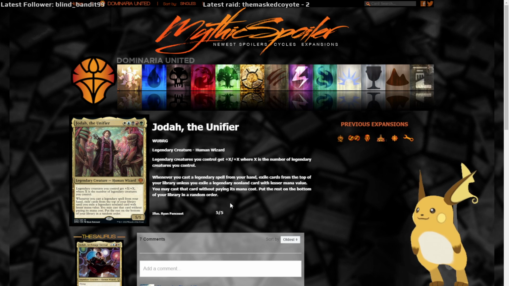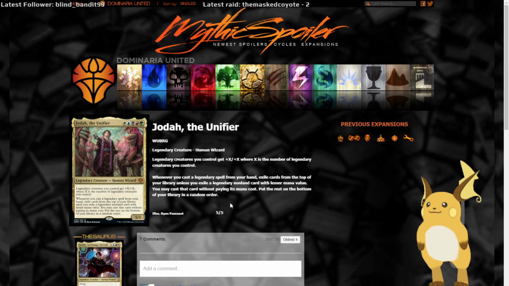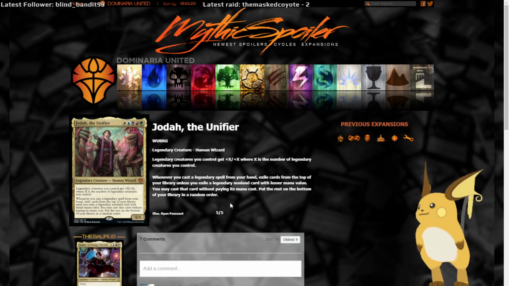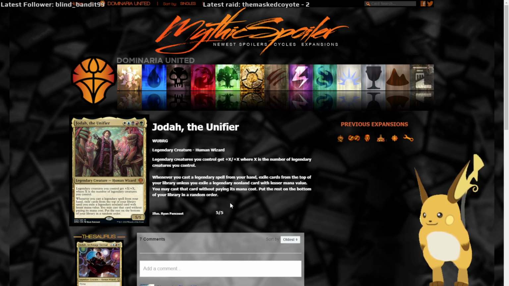Wait. No, his second ability doesn't trigger when you play this card. So it enters as a 6/6. The next time you play a legendary spell, it becomes an 8/8. It gets +2/+2 because the legendary creature spell you played gives it a +1/+1, and then